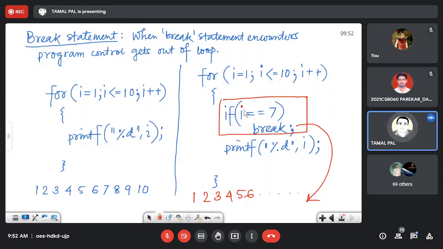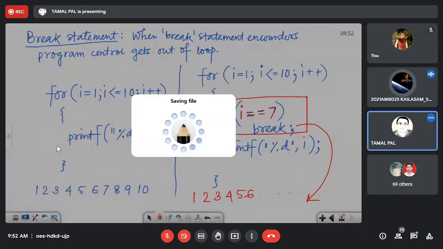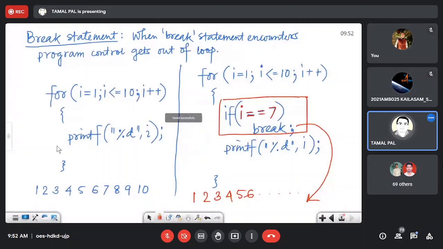The applications of this you will get gradually when you deal with programs, especially in laboratory assignments. So you don't have to think of it right now. You will get lots of scope to use this type of syntax. So the entire loop stops if the program encounters a break statement. Nothing will be executed after.